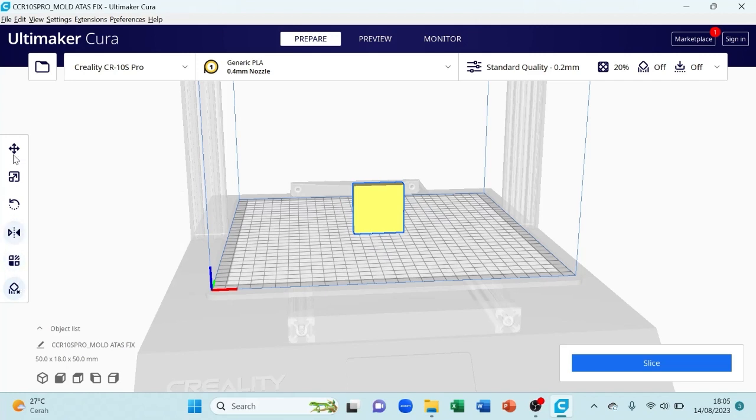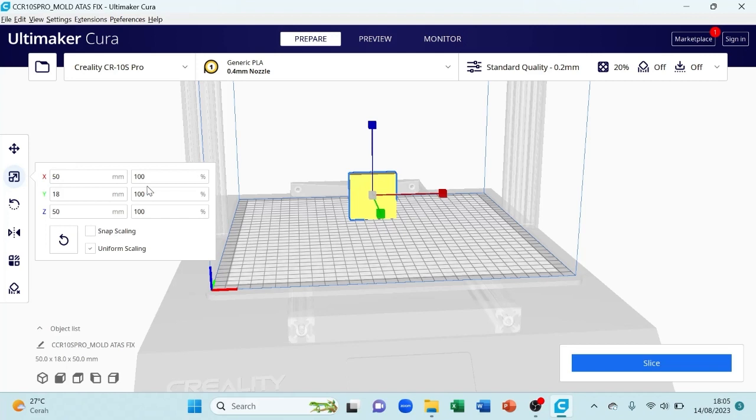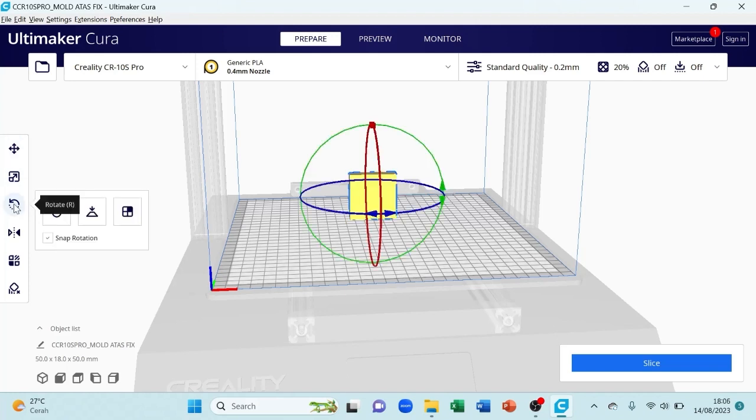In scale we can zoom in or zoom out of the part, and then snap rotation, we can rotate the part by the X, Y, Z axis. In this part we use the Y axis.